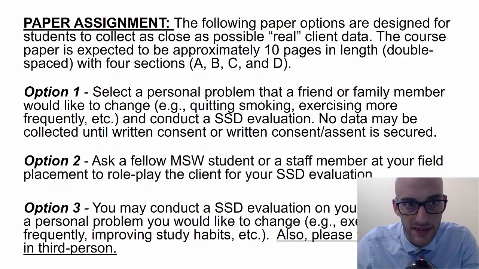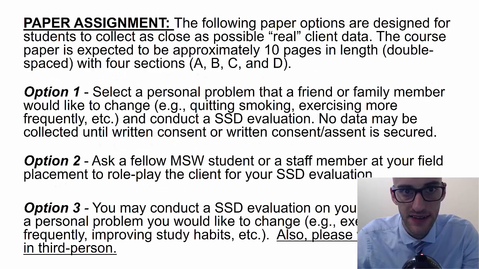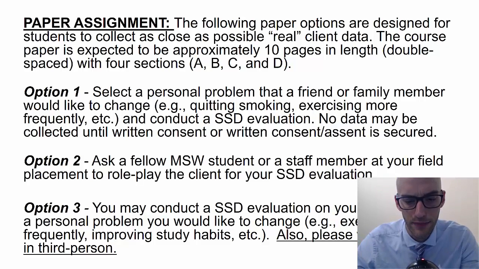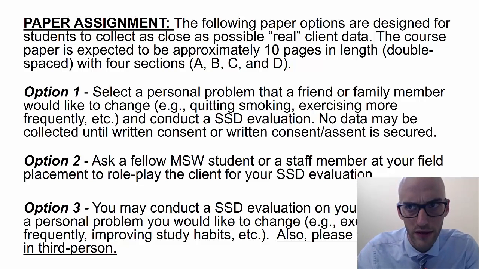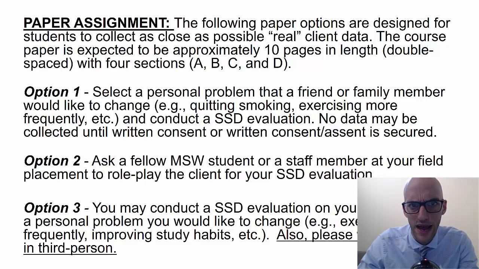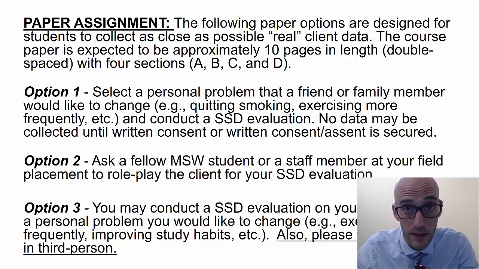So early on in the semester, as you're developing your own single system design, your final paper is going to be actually coming up with measures, coming up with a goals table for an SSD, and actually executing it and analyzing it. There are 3 different options that you can do for this paper. One is to come up with a single system design for a classmate or a coworker, but I would encourage you to ask them to come up with a role play, maybe not a real problem, just for purposes of confidentiality. But if you do this option or any of the options, be certain to fill out informed consent.